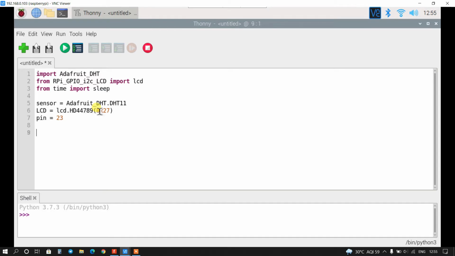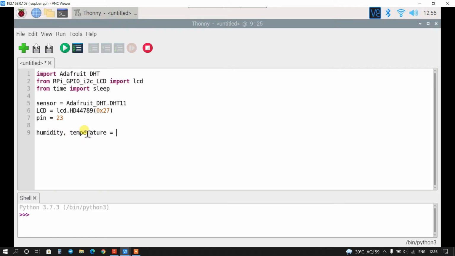So I will read here the Adafruit DHT sensor. Humidity will be stored in the humidity variable and temperature will be stored in the temperature variable.